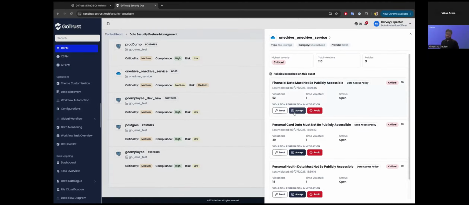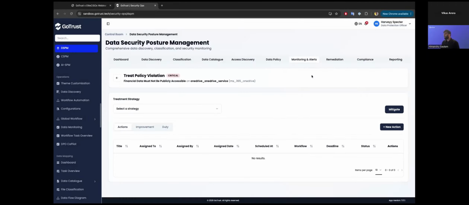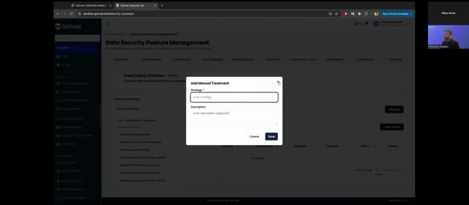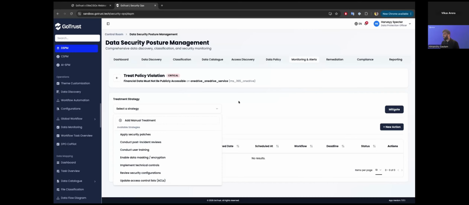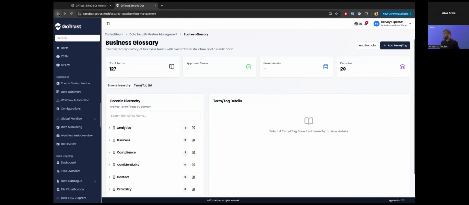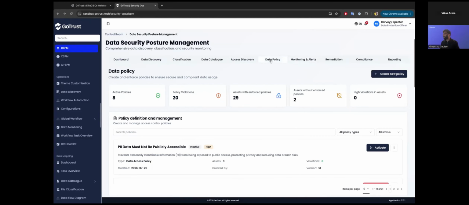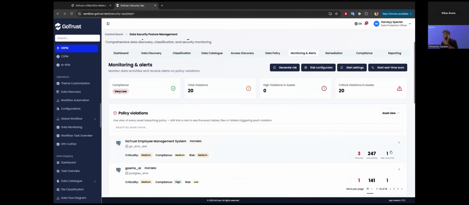I can accept the risk because sometimes I cannot fix all the things. If I want to treat it, it will take me to the treatment strategy: how you want to treat it. It will ask me to add some methods. If these are not enough, it will also ask me to add a manual method, if that is the way to treat it, basically mask it or do something, and then mitigate it. So this is the level where we are heading to, and we have to make sure that things are running fully automated. And going back to the violation where I was monitoring an alert,